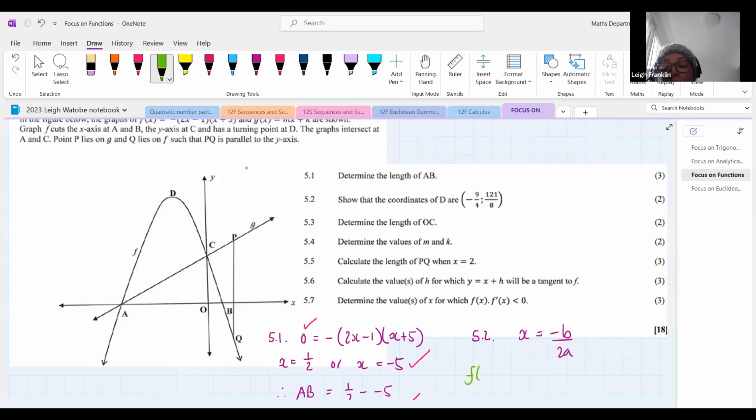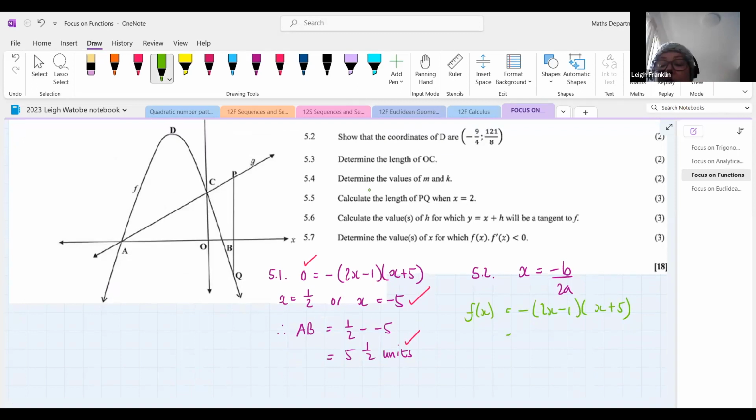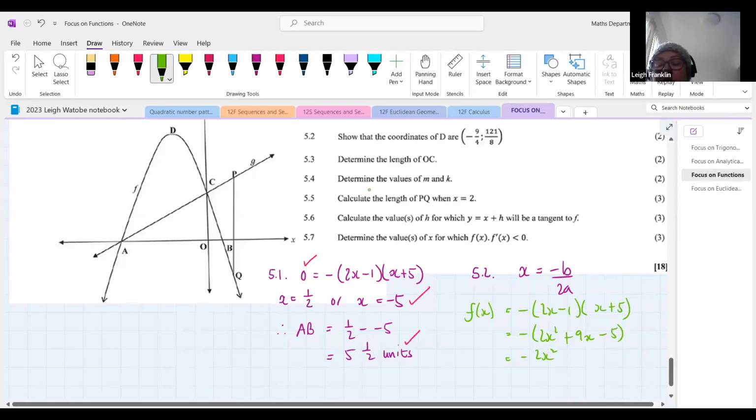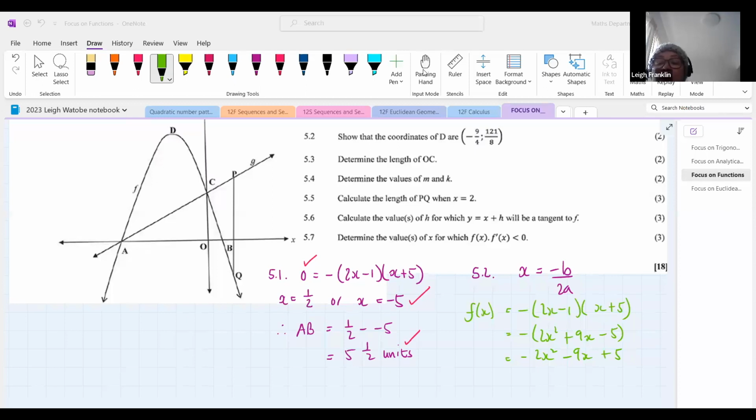We know that f of x is equal to negative into 2x minus 1 times x plus 5. If we multiply our brackets out, I'm going to leave the negative on the outside, we'd end up with 2x squared plus 10x, that would be plus 9x in the middle, and then minus 5. Then taking the bracket away, we'd have minus 2x squared minus 9x plus 5, like so. Now subbing into x equals